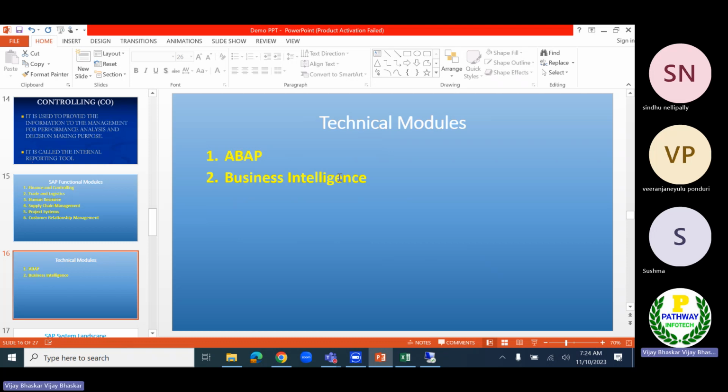Now, SAP has been developed in which language? SAP has been developed in the ABAP language, Advanced Business Application Programming. ABAP stands for that.